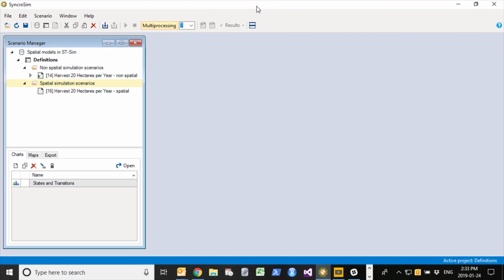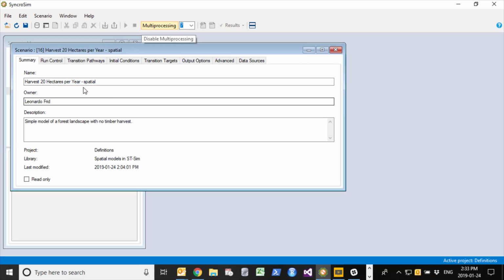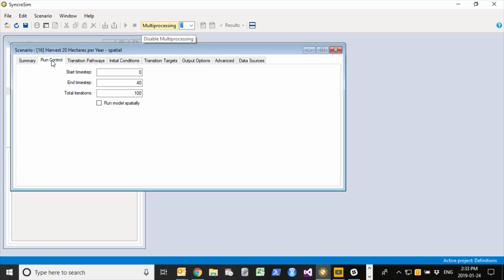Now, to make some changes to the scenario which I want to run spatially, I'm going to right-click on it and select Properties. And I'm going to go to the Run Control tab. This is a scenario that we're running for 40 annual time steps and 100 Monte Carlo realizations. And on this tab, I'm now going to select to run the model spatially. The other change that I need to make is to define what kinds of outputs I would like to see